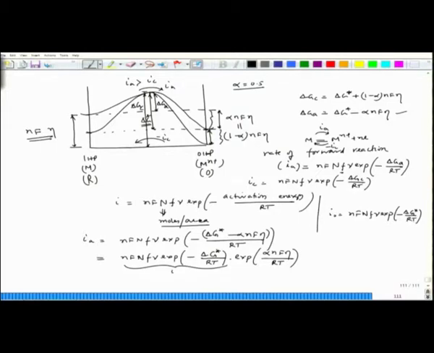So, this is I0. So, it becomes IA equals I0 exponential alpha NF eta by RT,